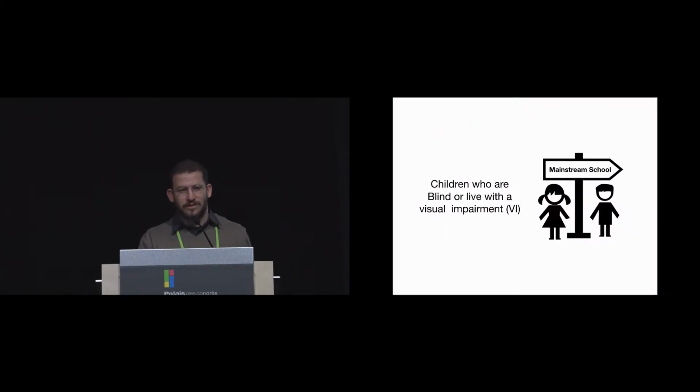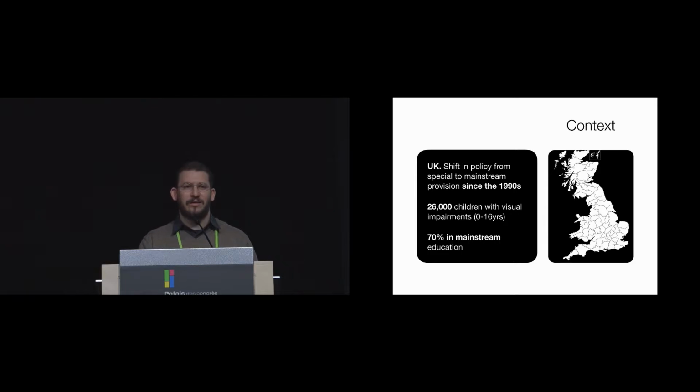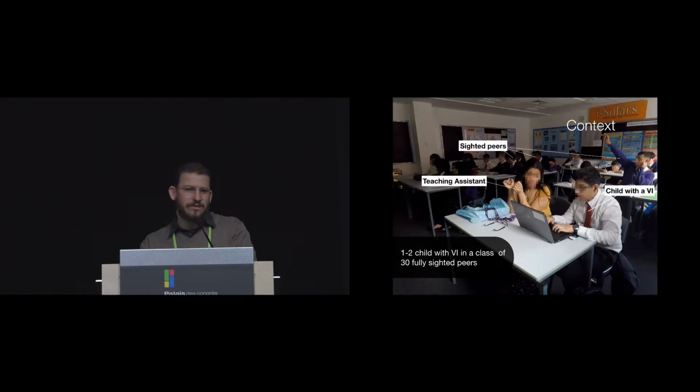So the context of this work is that a large number of children who are either blind or have a visual impairment are now educated in mainstream rather than special schools. In the UK, about 70% of children who have a visual impairment go to mainstream schools, and often this takes the form of one or two children with VIs in a class of fully sighted peers,